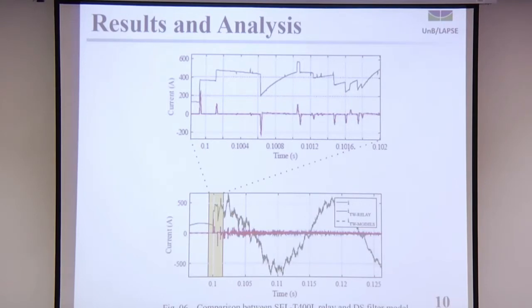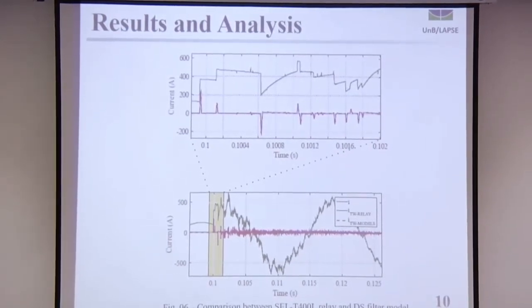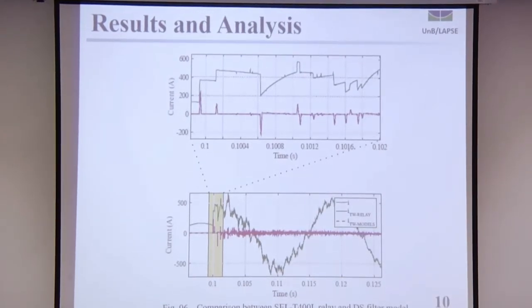presents a comparison between the cell T400L relay and the DS filter model. Phase A generated signals in the local terminal of the monitored line, and in the zoomed version, in the top part of the figure, we can clearly see the triangular waveform characteristic of the DS filter. In the legend, we can see that the blue line presents the cell T400L relay output, and the dashed red line presents the DS filter output, and we can see that they match, that the DS filter works accurately compared to a real-world